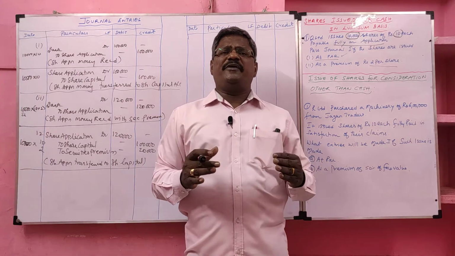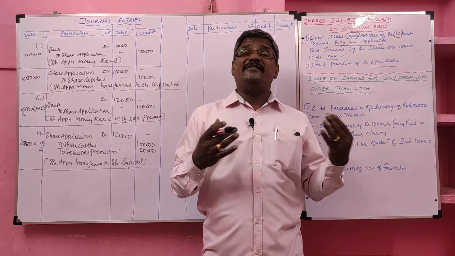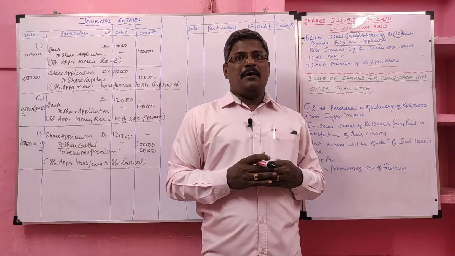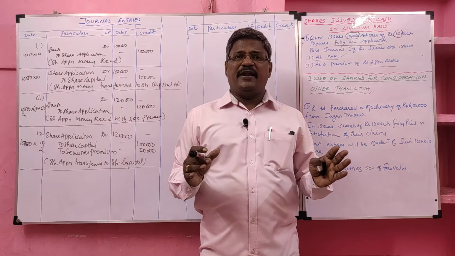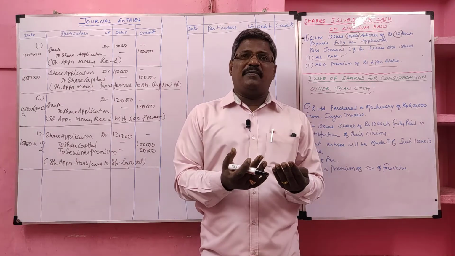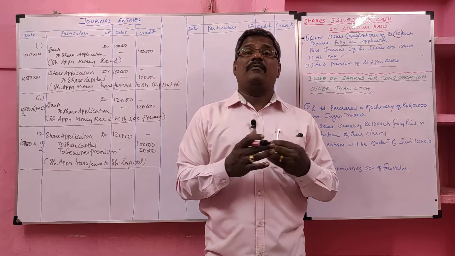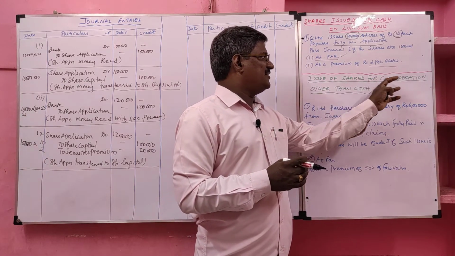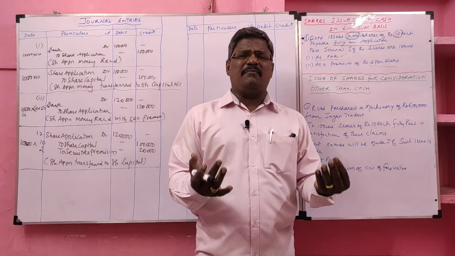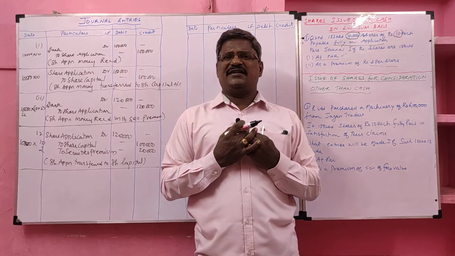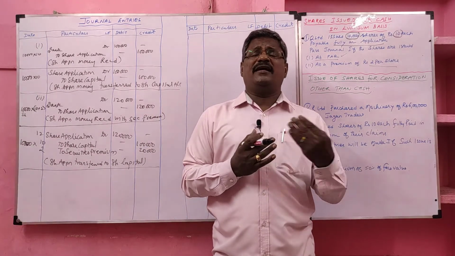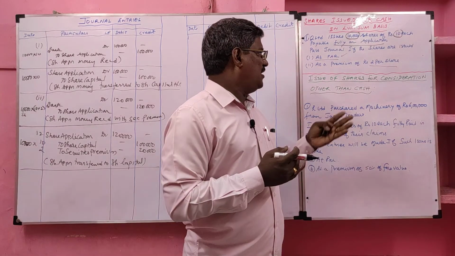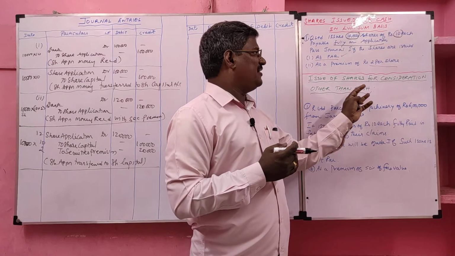Normally a company issues shares to the public for raising capital in the form of cash. But in this case, the company is issuing shares to another company, not for getting cash but for buying some fixed assets, which means issue of shares for consideration other than cash. Here the company purchases some fixed assets, and instead of paying cash, they issue shares. That we call issue of shares for consideration other than cash.